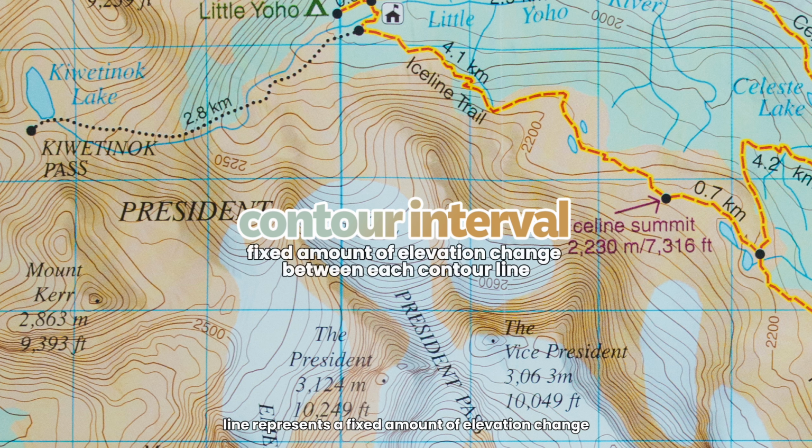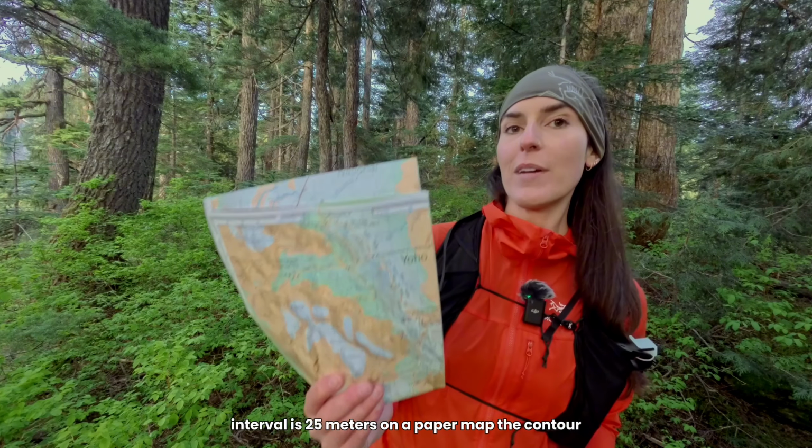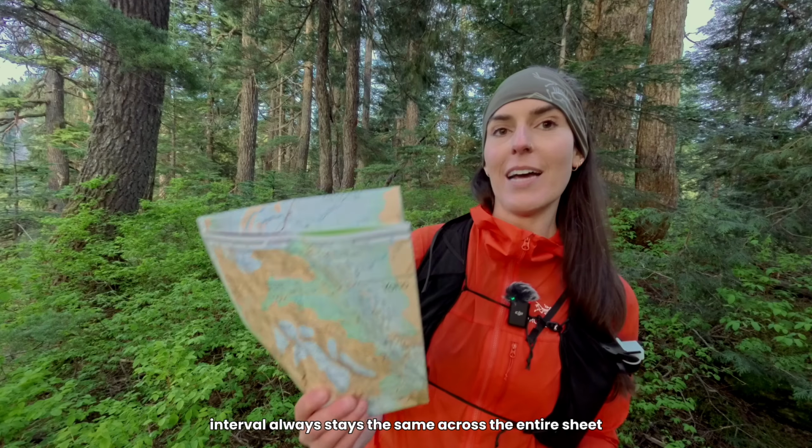Each contour line represents a fixed amount of elevation change, and that amount is called the contour interval. You can work out the contour interval directly from the index contours. So in this example on a paper map, each index contour goes up by 100 meters and the contour interval is 25 meters. On a paper map, the contour interval always stays the same across the entire sheet, but on